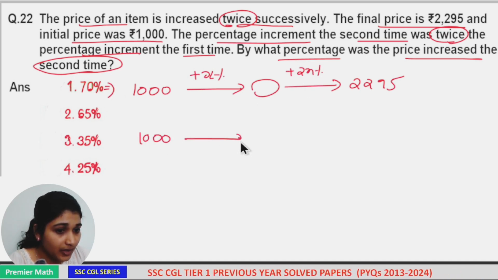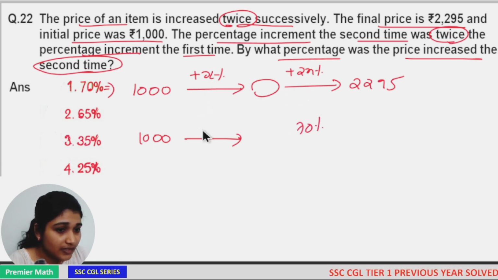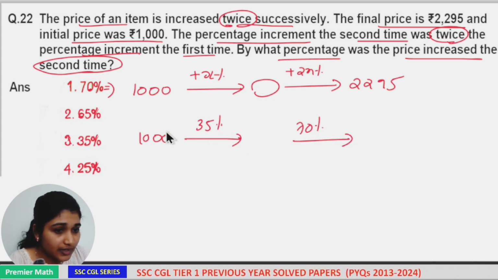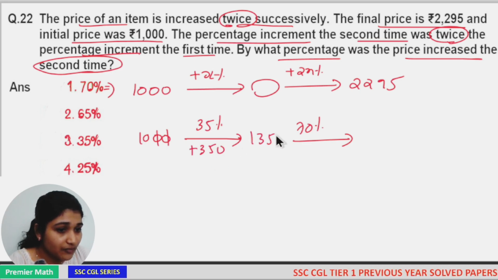1000 initially, and the second time increment is given in this option. So 2x percentage is equal to 70 percentage, which means x percentage is 35 percentage. Here 10 percentage of 1000 is equal to 100, 1 percentage is equal to 10. Then 35 percentage is 35 into 10, 350 rupees. So 1000 plus 350, 1350, is the price after the first increment. Now from 1350, a 70 percentage increment. 10 percentage of 1350 is 135. Then 70 percentage is equal to